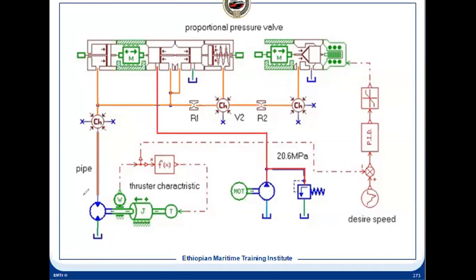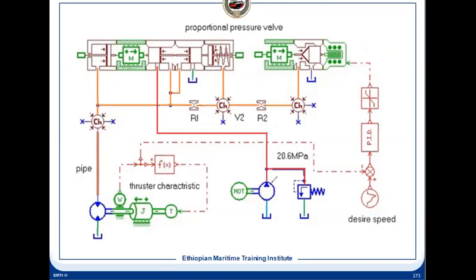What is the displacement? That is how much, in one revolution, is the flow of the hydraulic oil which is passing through your motor. So that is a relation, because the displacement will relate to your RPM as well as the thrust. That's why the thrust is a function of X. Now this motor, after doing the work, is going to the